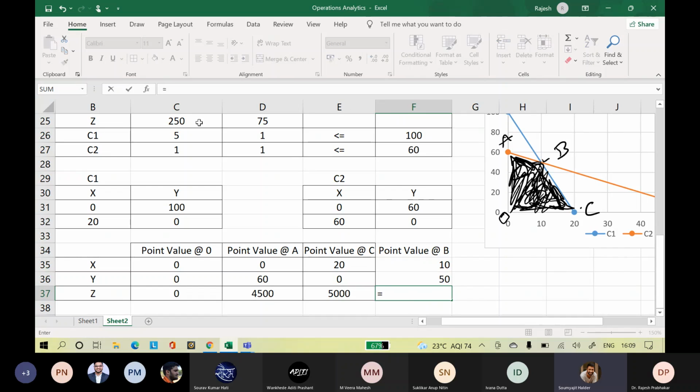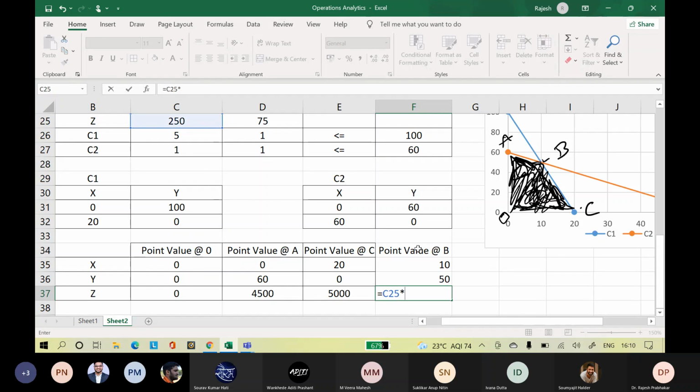Sir, I have a doubt. First, we select both the cells and then we write the formula in the formula bar: equal to MMULT open bracket MINVERSE, select the constraints, close bracket, comma, select the constraint values. After that, control shift enter. Sir, I'm getting an error: you have entered too many arguments for this function. That means you might have forgotten a bracket. Just check. Or else give me your AnyDesk number, I'll correct it.